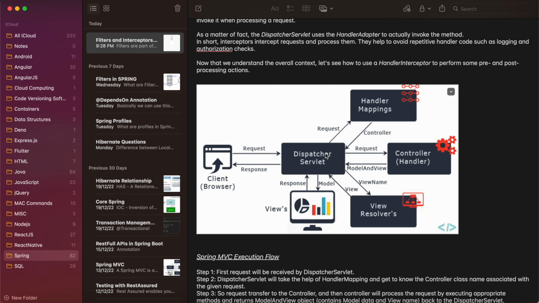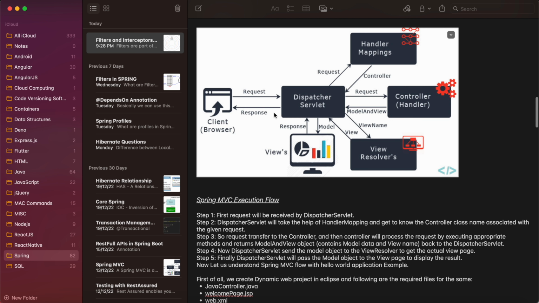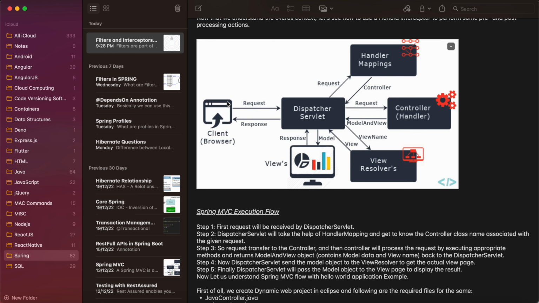They try to avoid repetitive handler code such as logging and authorization checks again and again. Okay, if we look at this diagram, first the request is received by the dispatcher servlet, then the dispatcher takes it to the handler mappings, and the mappings get to know about the controller associated with that request, and then the request is transferred to the controller, and the controller processes this request